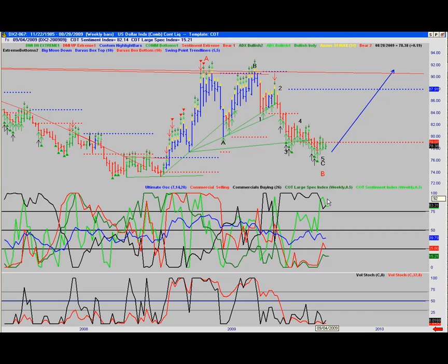We are trying to point out that the commercials, once they're selling, which is the red line, and they're buying, which is the black line, once they cross over and change position with net sellers, we should see a nice sustainable rally in the dollar. So keep your eyes open for the dollar